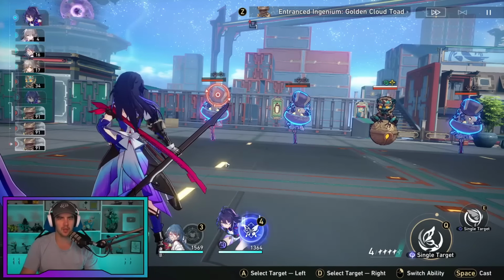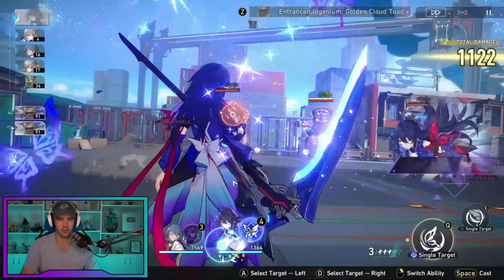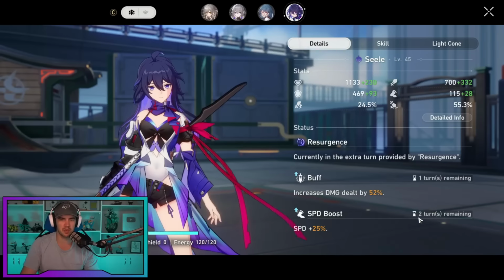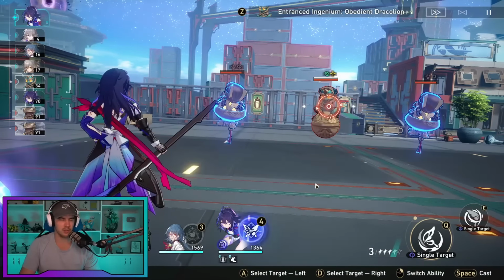So what I'm going to do is I'm going to kill this first enemy. So this is going to kill the first enemy, and this is going to proc my Resurgence. So now if we check my buffs, you can see that I've got the Resurgence buff and I've got this damage increase buff, and I've also got my speed buff, which the skill provides for 2 turns. So keep in mind that, look at that speed buff, because that's something I'm going to want to make note of. So the next thing I'm going to do is I'm going to go ahead and use a basic attack